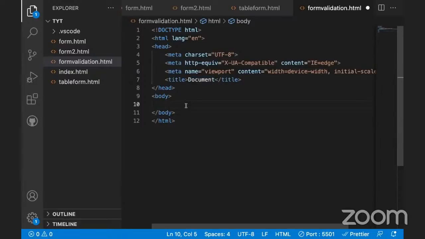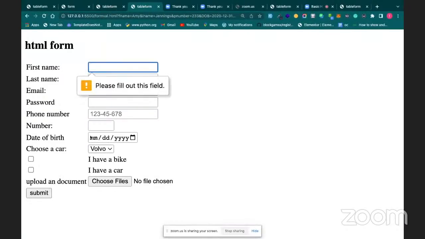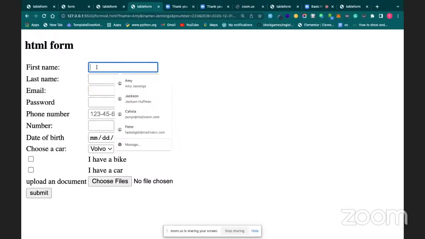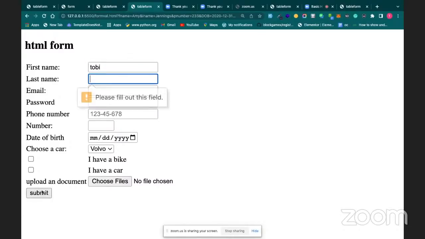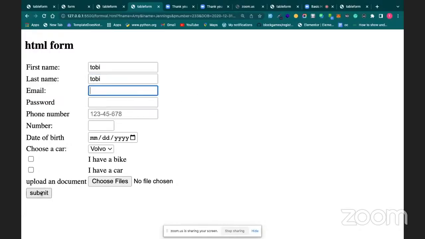Then to validate my form, I want it to look like this. Then it's telling me, please fill out this field, because now there's nothing here. So if I put in this, then I click submit, it's telling me that I've not put in my last name, so I should fill out this field. So I can put in maybe my last name also. If I click submit,